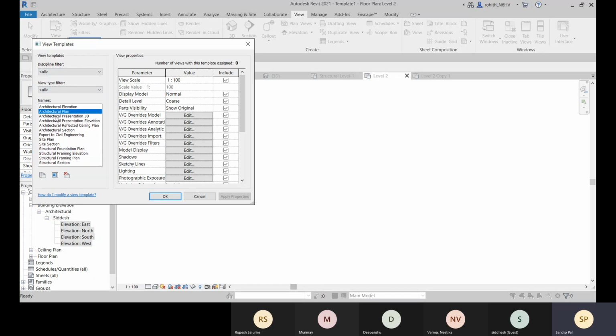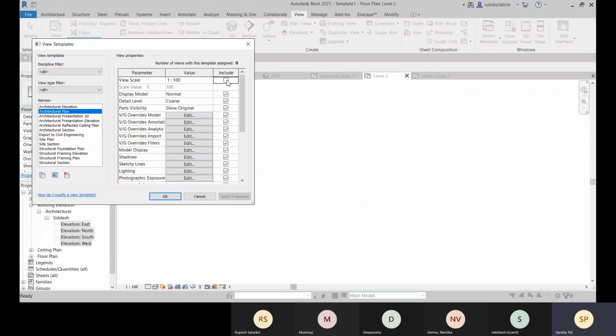And within this architectural plan, view template, you see that for this view properties, these are the values set, and these are the parameters included in this view template. So this view template will be saved with these parameters. So if you don't want to include it, you can uncheck here.